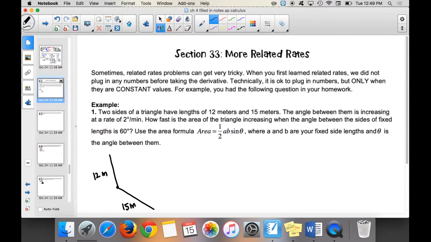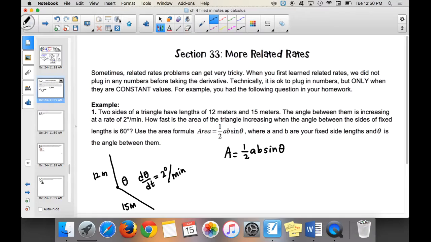Imagine you have these two sticks, and the two sticks are getting closer together or further apart, so the angle between them is changing. In this case, the angle is changing, d theta over dt, at a rate of 2 degrees per minute. And that's the thing that I said we're going to have to change into radians, and I'll show you why we have to change it to radians. Okay, so when we come up with the area equation, 1/2 AB times sine of theta,